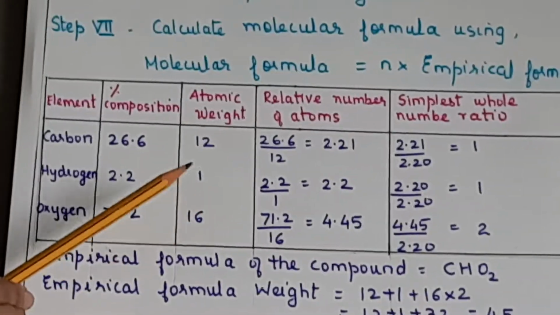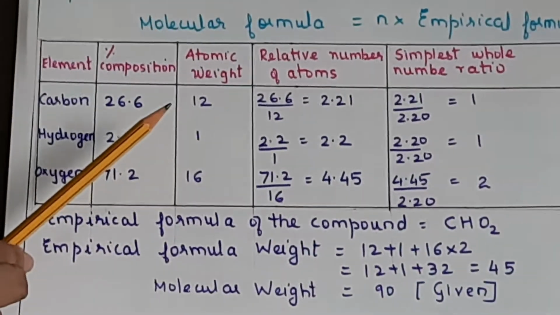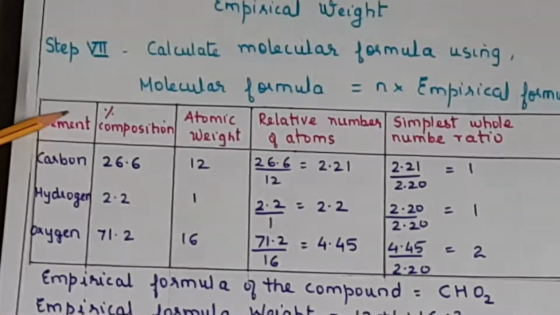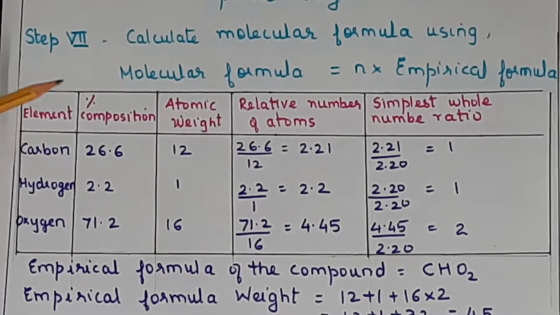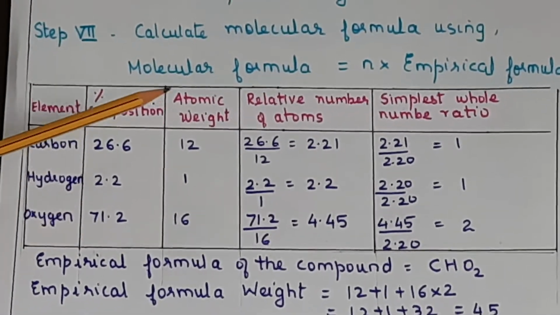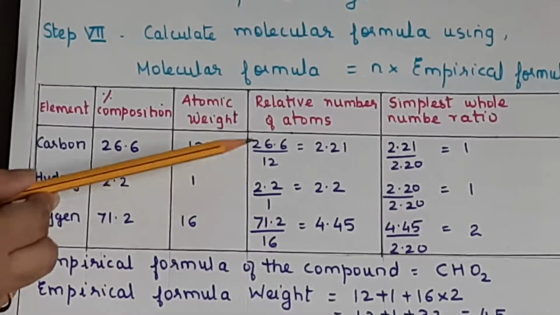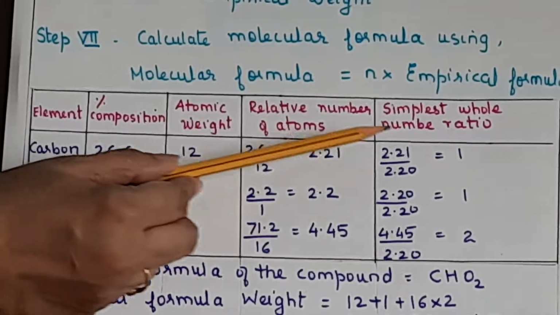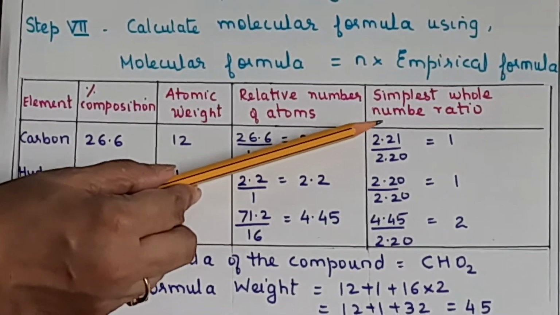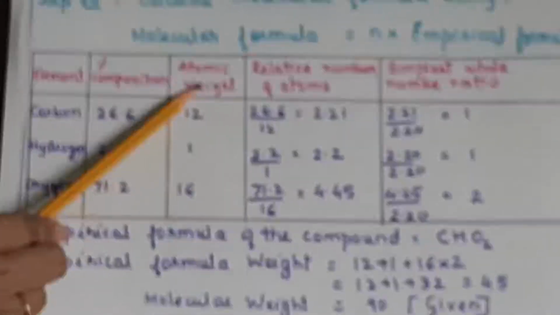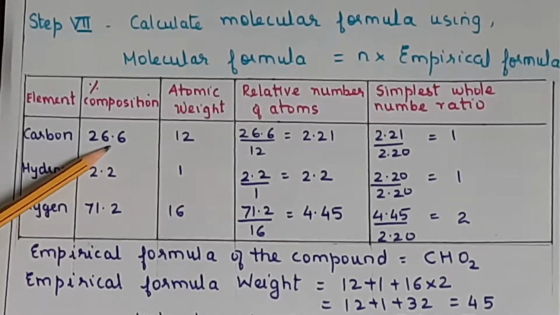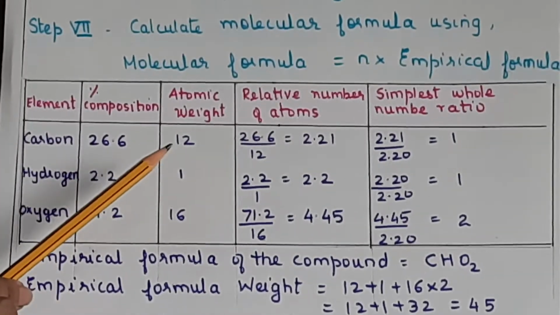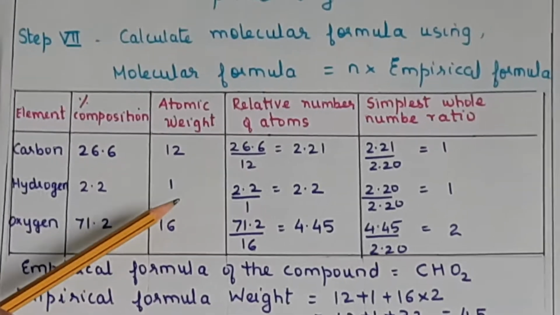This is the tabular form which you have to make. For every sum you have to make a new table. Yes, you can't use the same, right? And these heads of the table are very, very important. First column will be element, second column is percentage composition, third column is atomic weight, fourth is relative number of atoms, and fifth is simplest whole number ratio. Okay. See that you don't interchange this. Yes, many times students interchange this and they divide the atomic weight by percent composition. Straight away you will get 0 for this sum. These sums come for 4 marks in the board.